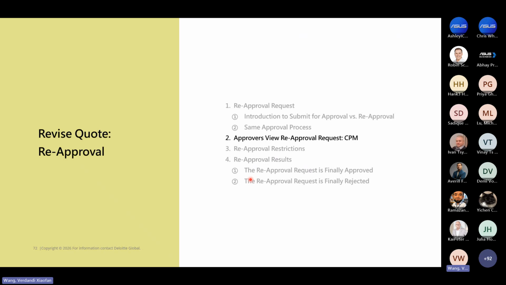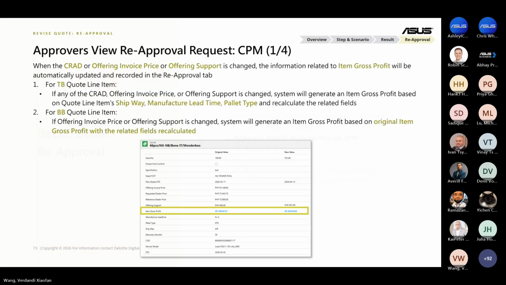Okay, then let's talk a little bit more about what CPM can do during the reapproval process. When the CRAD, offering invoice price or offering support is changed, the information related to IGP will be automatically updated and recorded in the reapproval tab like this. For TB column item, if any of these three fields is changed, the system will generate an IGP based on column item exists